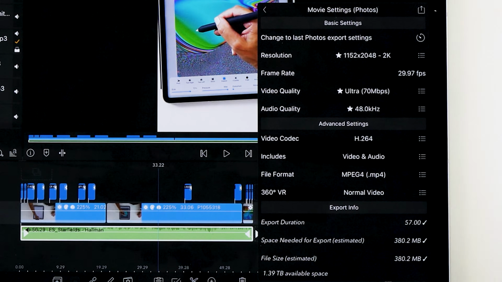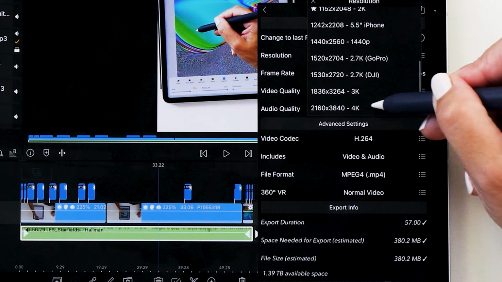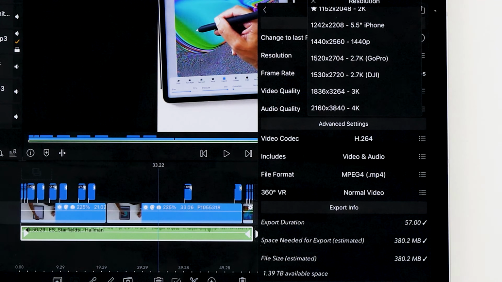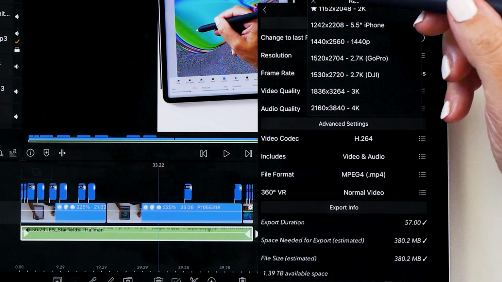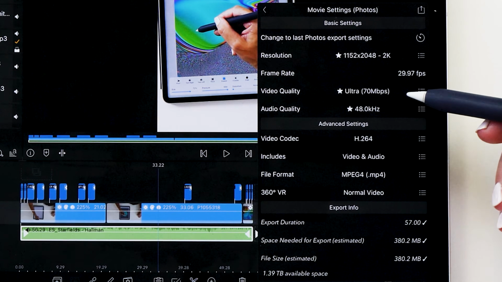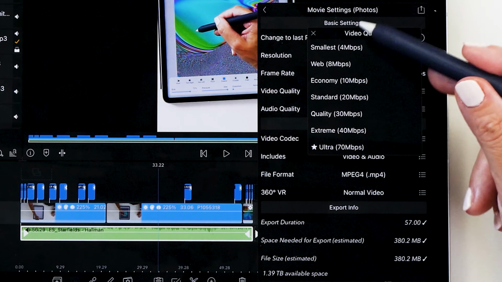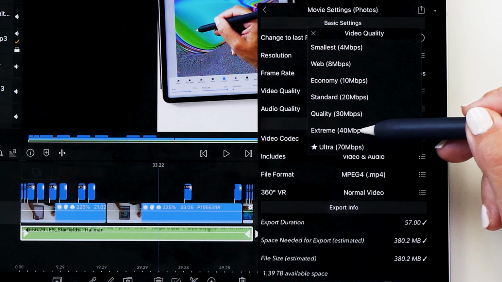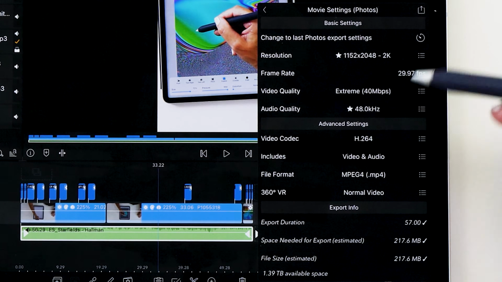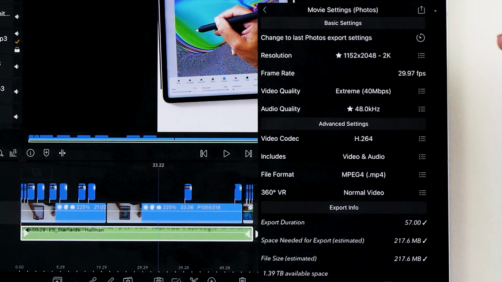And then the export settings that I recommend is the resolution is 1152 by 2048 pixels, the 2K resolution. Of course, you could increase this as well. So if you wanted to put it on YouTube, for example, 4K is always nice, especially if you have the 4K video resolution already, but 2K is fine for TikTok and Instagram. And then also that video quality here, it's got different options. So you can set this to different standards, and the 40 megabits per second is fine. You can see this also decreases the file size a little bit, which makes it faster to upload. And it's still good enough quality.